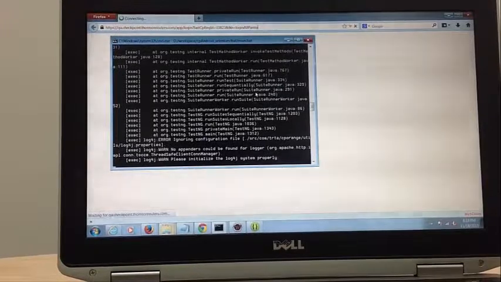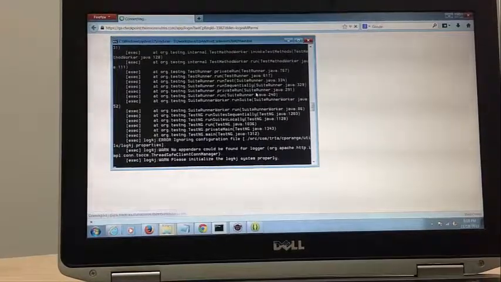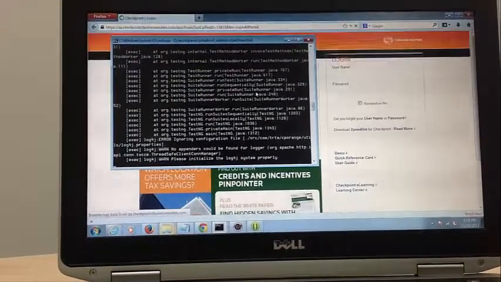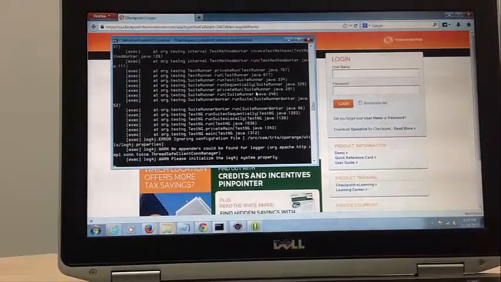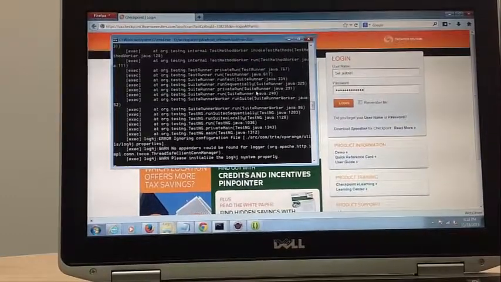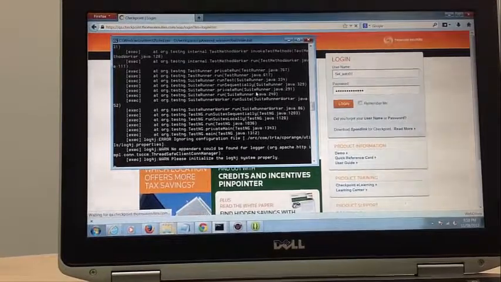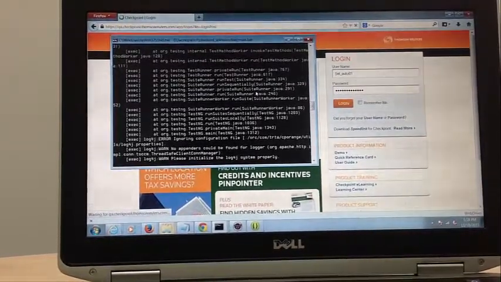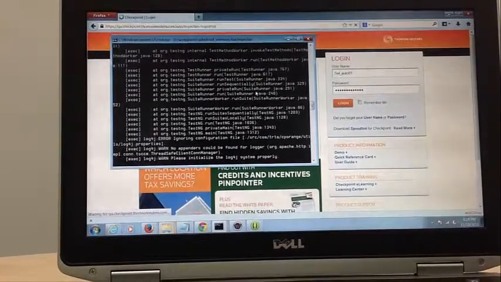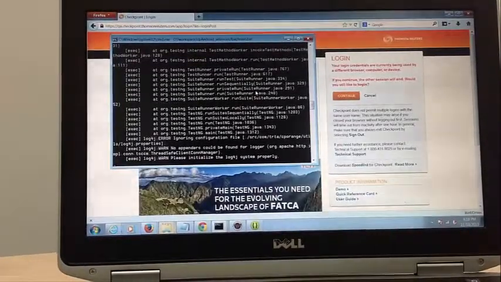On the server, we have configured the automation tasks using Selenium and the TestNG framework. It will execute the test cases one after another, and after each test case execution it will log the result in the log4j file.